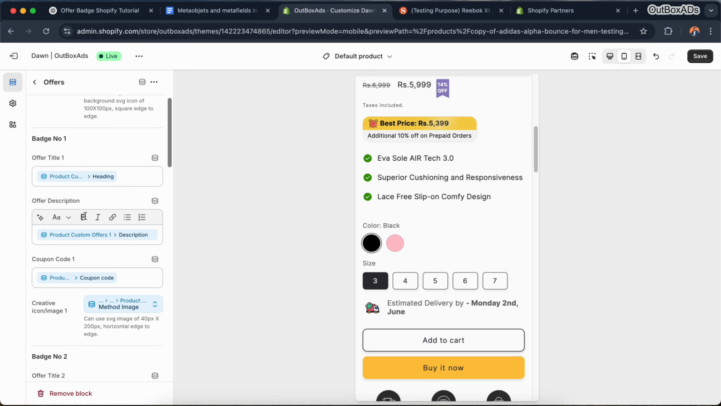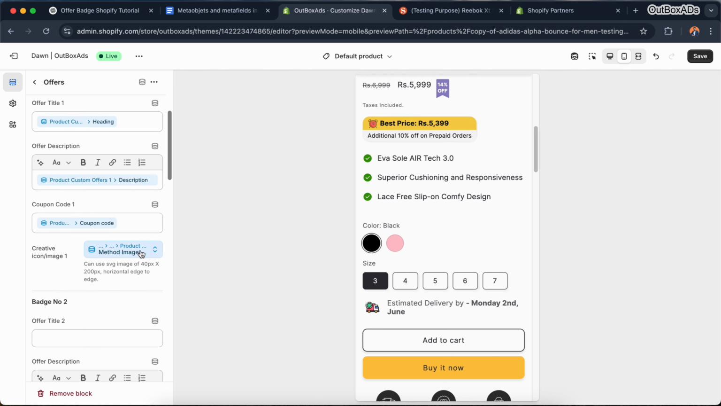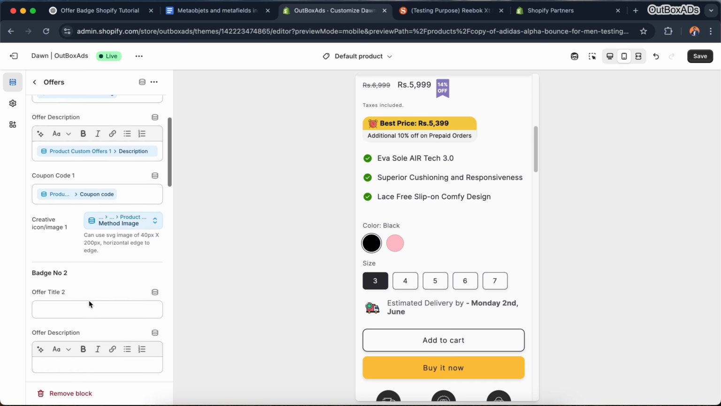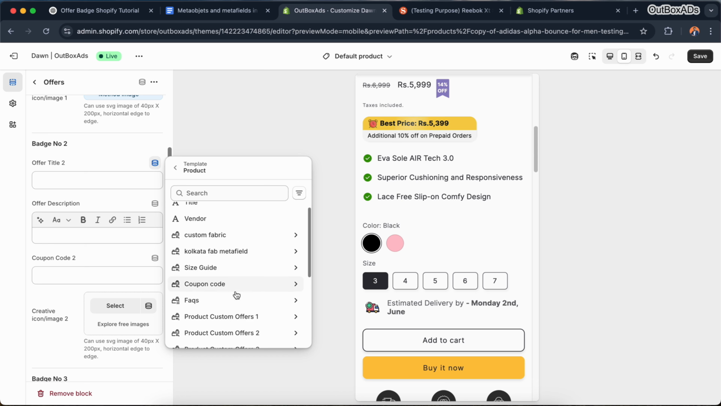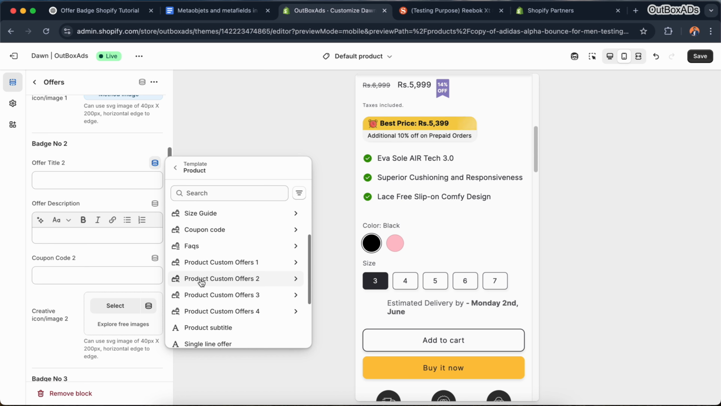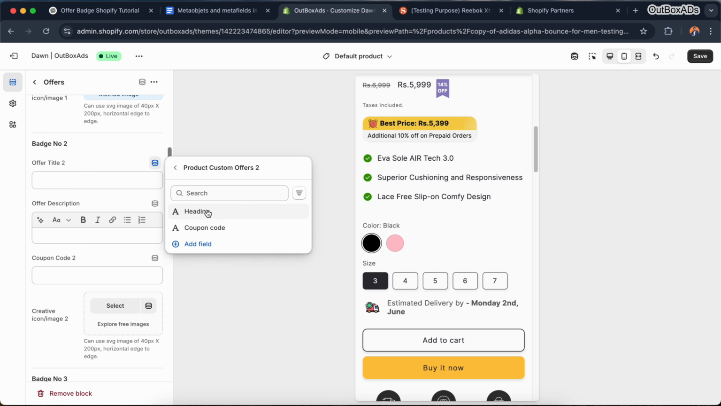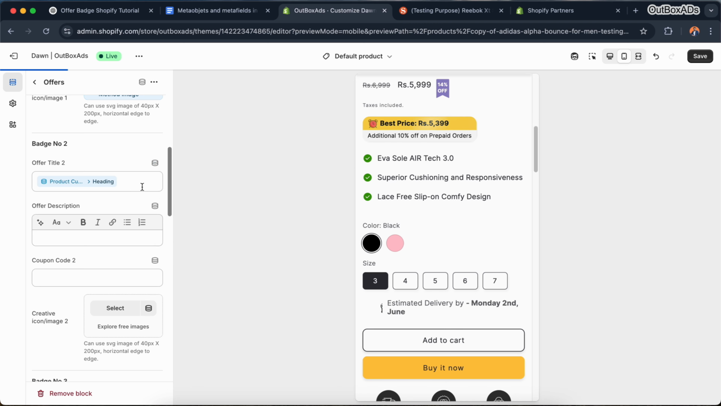Now you can see closely we filled all the information related to their field. Like for title we added heading, for description we added description, for coupon code we added coupon code, and for image we added image. Similarly we will do for our badge number 2. Let's see. Click this dynamic button. This time we will go to product custom offer 2, click on it, and same again, same process. Click on heading,